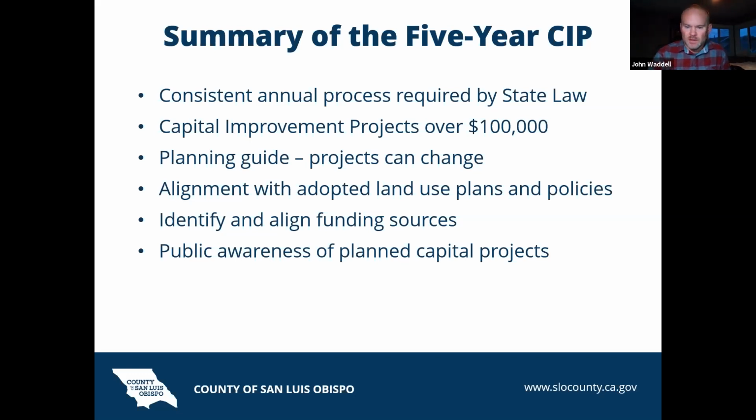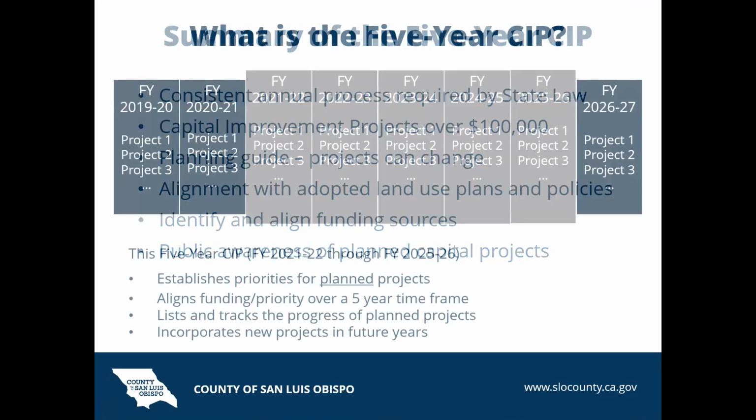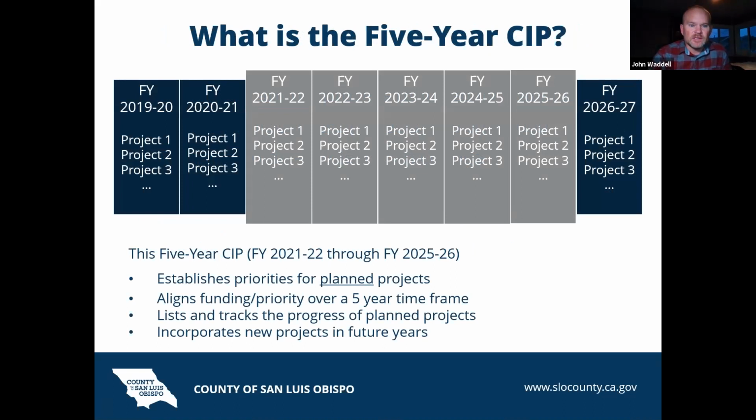When you get in there, projects are listed by what's called functional area. It's broken down between infrastructure and facilities. There are charts and data by community and by types of projects. There are a number of ways to look at it on a big level. And then there's a separate link to individual project sheets for each project in the plan.